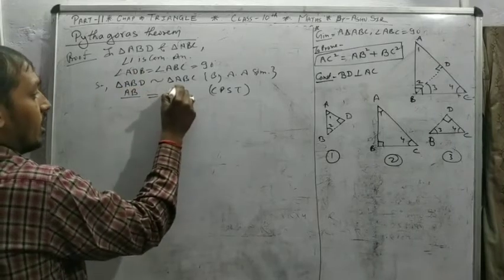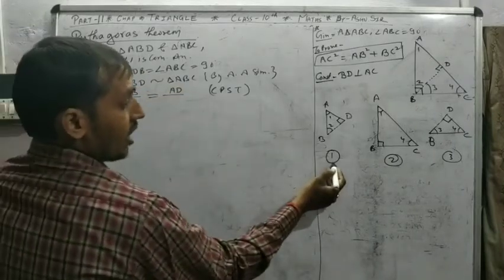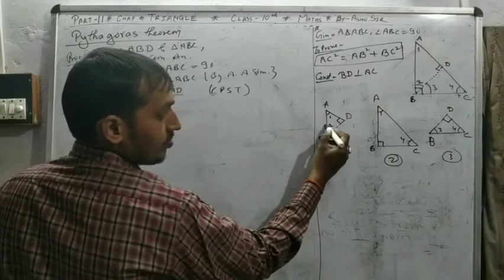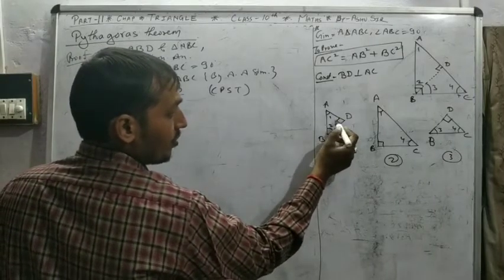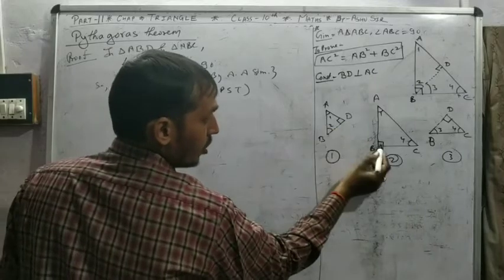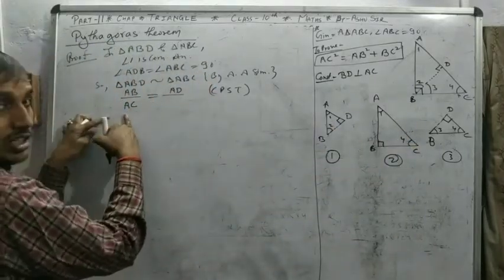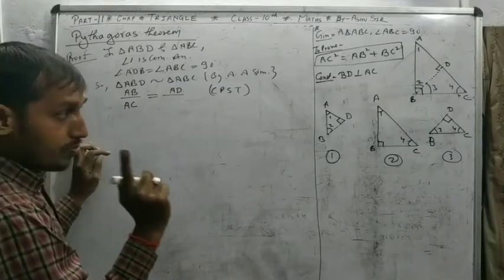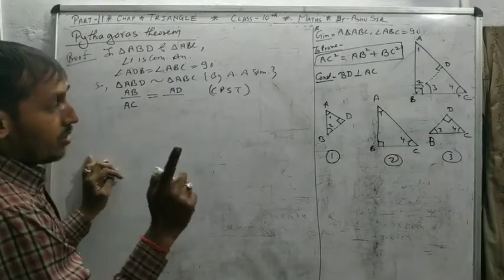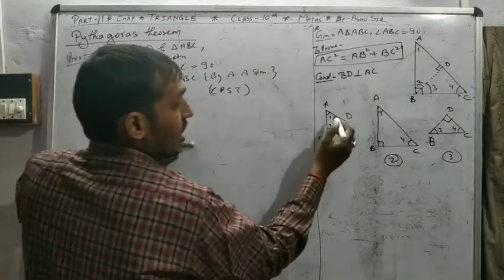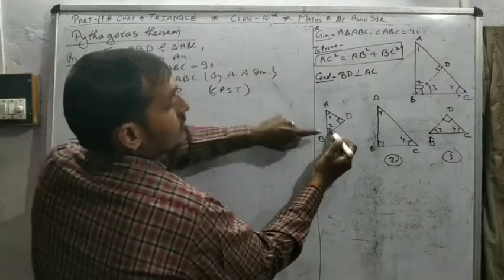AB and AD. From the first triangle, if you take AB, this is the opposite of 90. AB is the opposite of 90. So the opposite of 90, that is AC. From the second triangle, the corresponding part. Very important things. So I always explain corresponding parts in 2-3 videos. AD. AD is the opposite of angle 2.